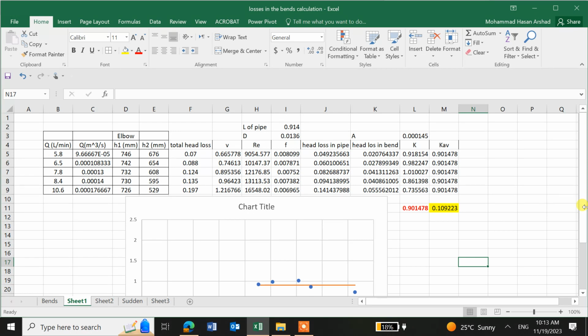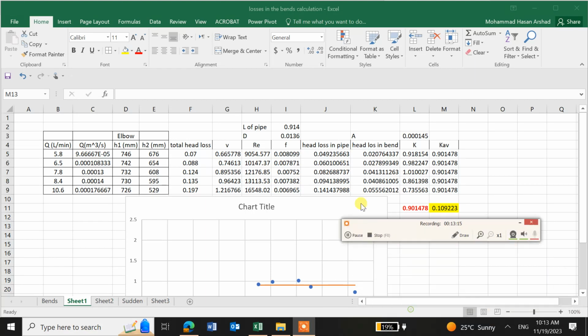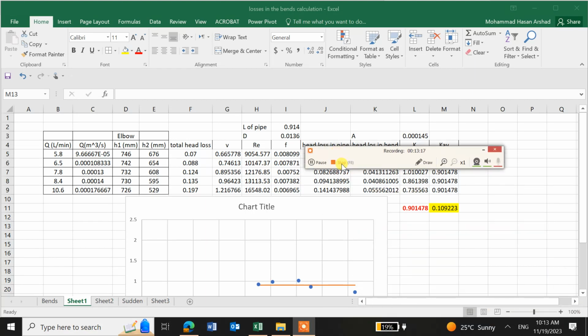And then you have contraction and enlargement. Okay, so I will stop at this point. Hope it